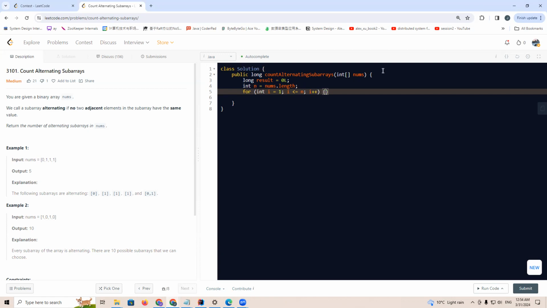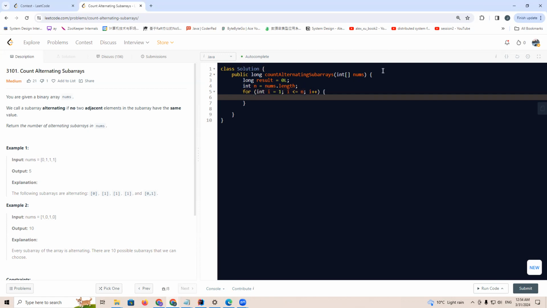So when should we add to the result? If nums[i] equals nums[i-1], or we should have i equals n at the beginning, then